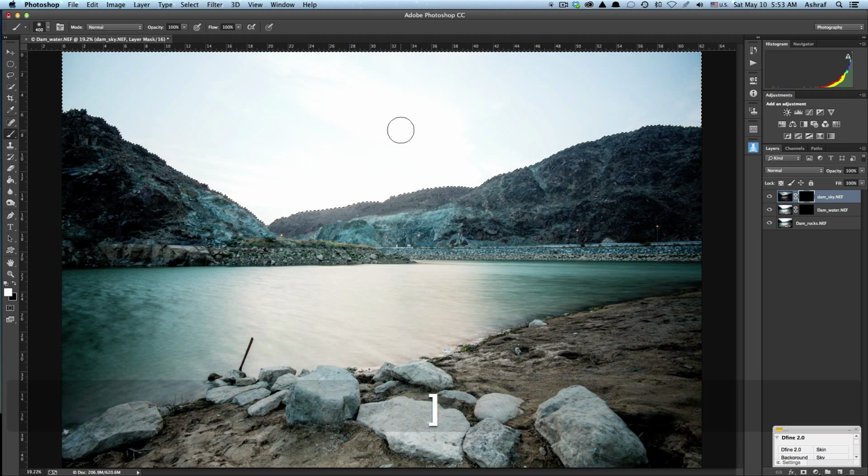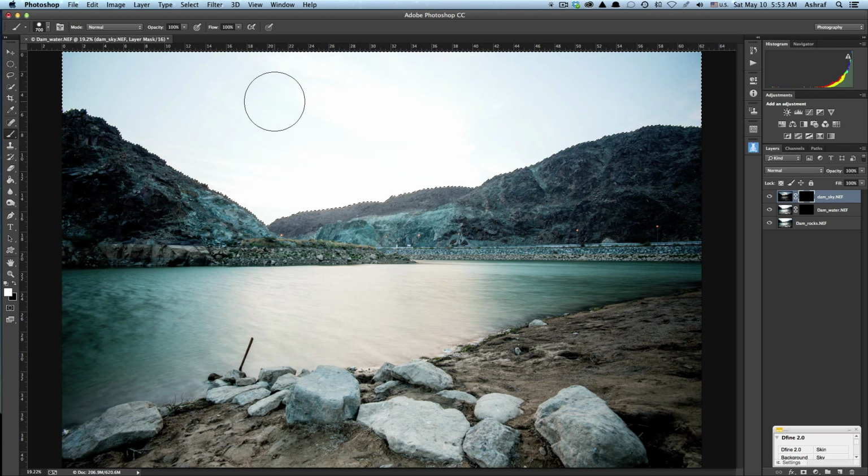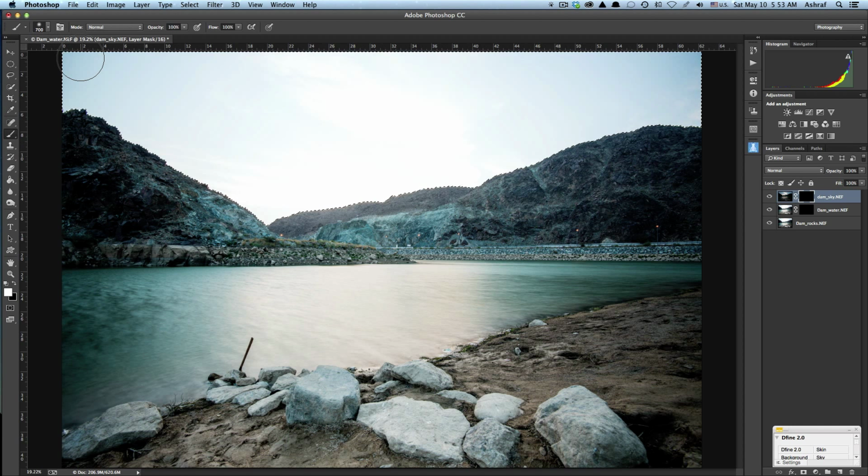So I have a decent size of a brush. If you go to the brush, you have to make sure that the hardness is 0. If you go to a hardness of 100%, look what happens. Once you draw, you will have very, very sharp edges, which we don't need. So you make sure that the brush is 0 hardness, and then we will start doing the brushing. Now, the way I like to do it is with the opacity or the flow. Again, I'm not going to go through what opacity and flow are right now, but let's start with the opacity,